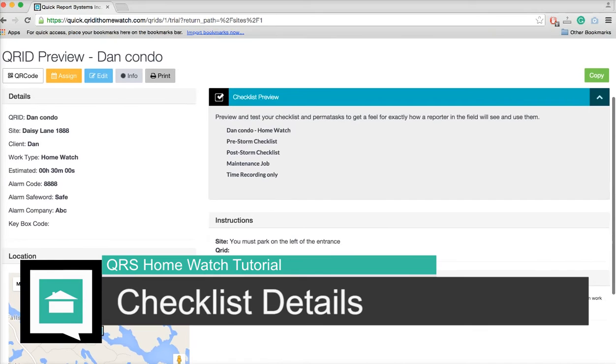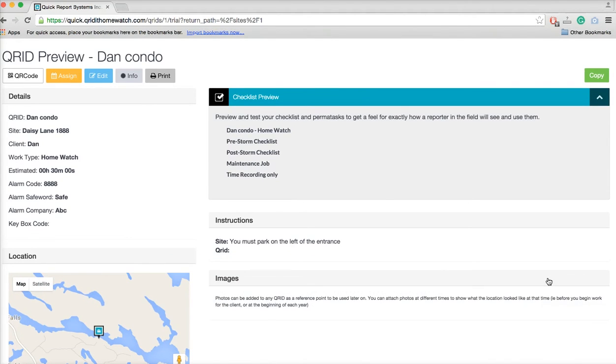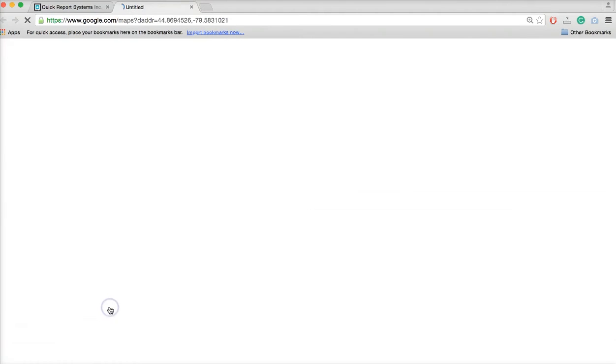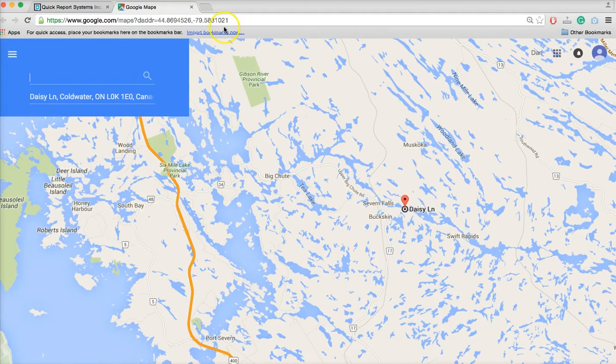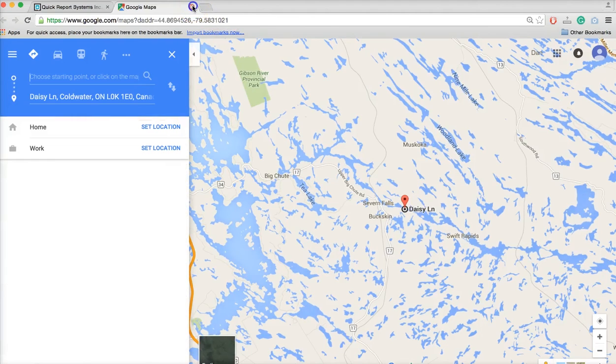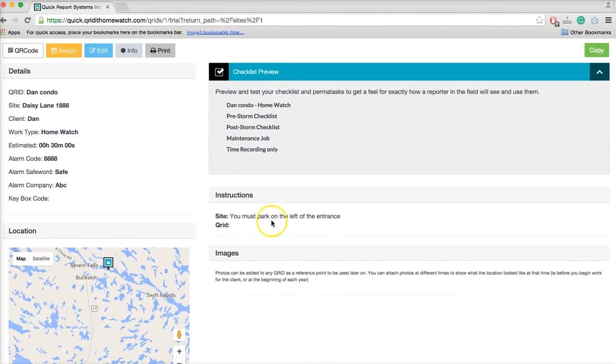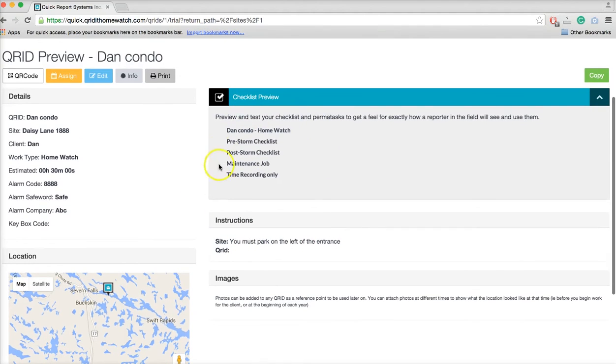What you see now is basically the same information that you're going to find on your phone or on your tablet or your iPad, whatever you choose to use. So you have all the details with the alarm code. You have a map. You can also get directions on your device, or you can click it now and it'll take you to Google Maps and give you directions from wherever your current location is. You'll notice that the instructions we put on the site show up here,